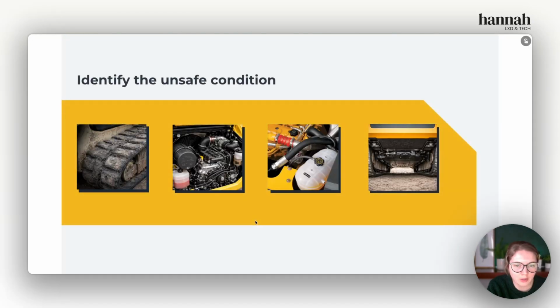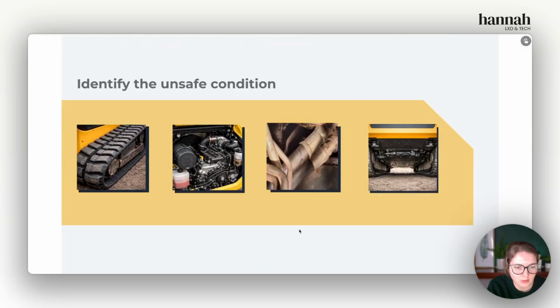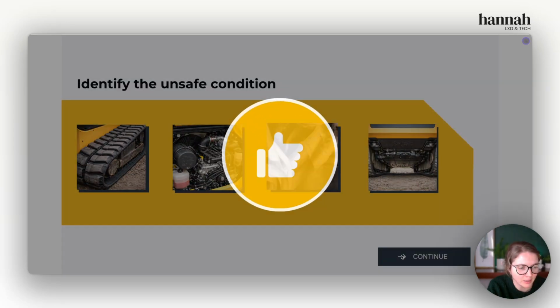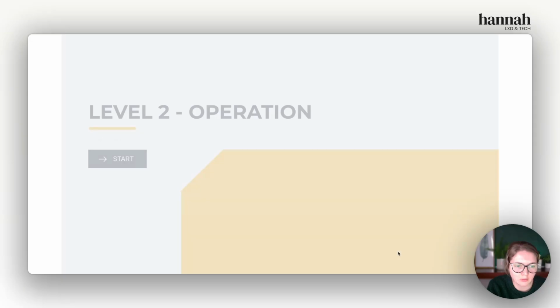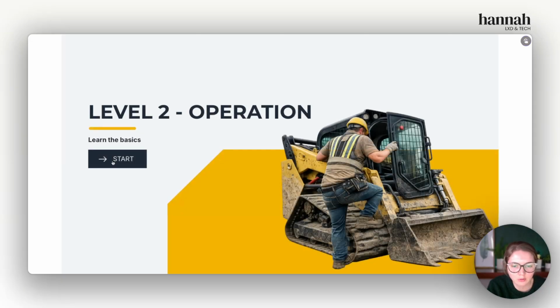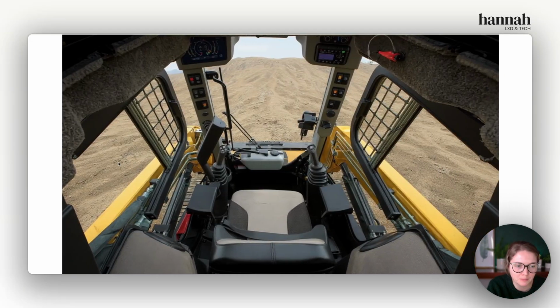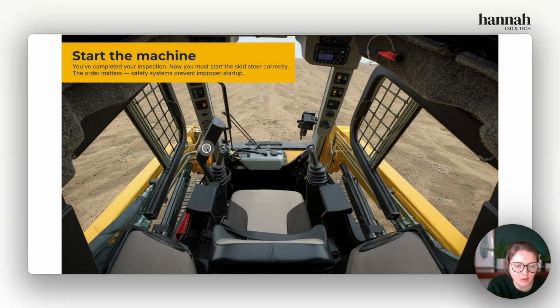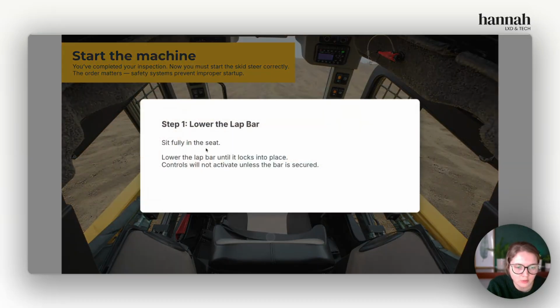So then now they're going to have to identify the unsafe condition based on what they saw in the previous slide. So hopefully they would see, oh, nope, that's not it. And then this one, yeah. So once they've identified the unsafe conditions, now they can actually learn the basics of operation. And now they have to go in the correct order